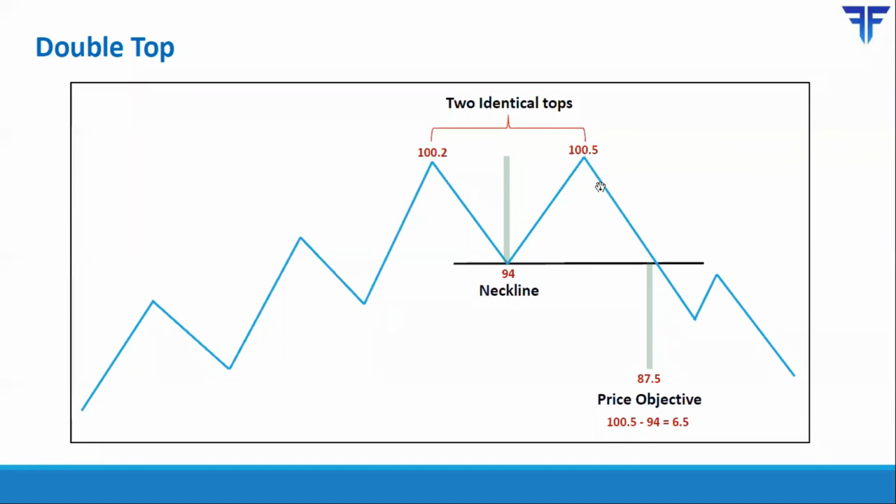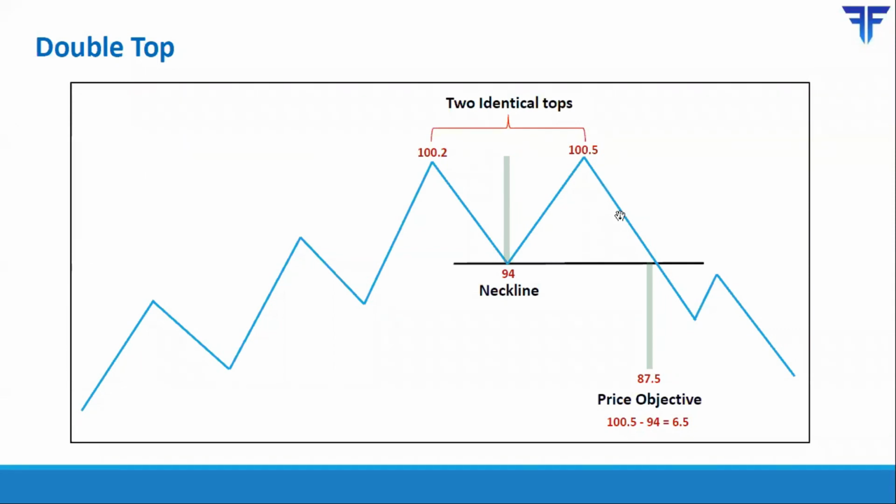So at this point in time, somewhere over here, you can see that essentially speaking, there are two peaks that are occurring at essentially the same level. Now that's not a good sign, because in an uptrend, you would want to see higher highs. You would want to see consistently higher highs being made. But over here, you have a sequence wherein the final high is at essentially the same level as the previous high. So this is a sign that maybe the uptrend is ending.